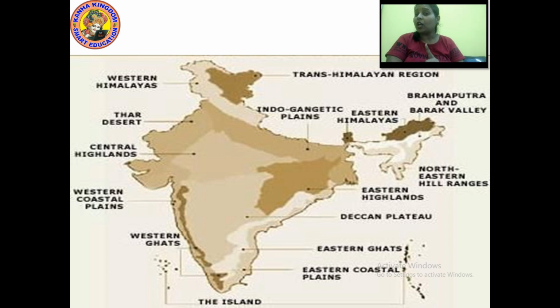Now what you all have to do, you have to take a physical map of India, and you have to mark all these regions, color it and paste it in your notebook. When you come, you will show me. I want to see the map you have made, and make it beautiful. Do proper coloring, it should not go beyond the boundaries. Clear and name it properly.